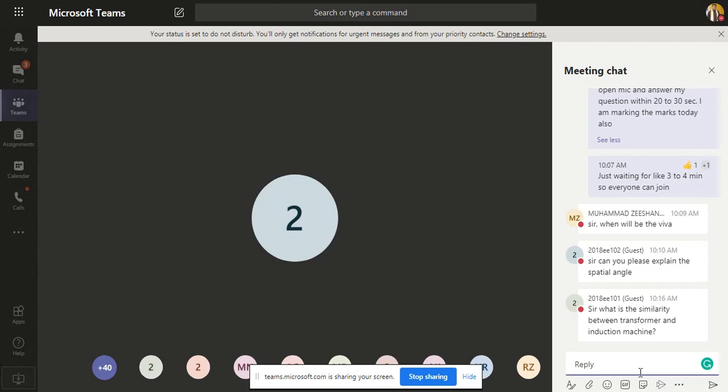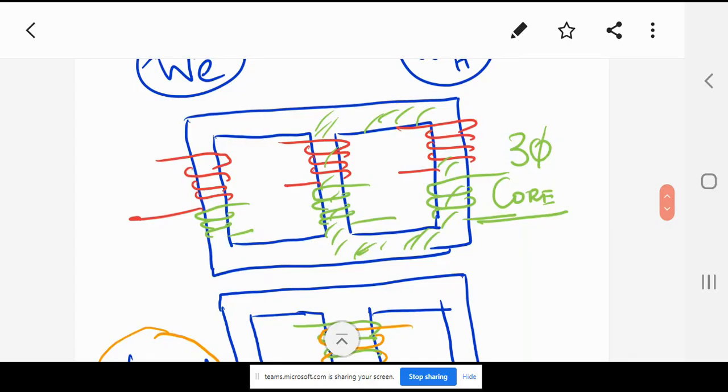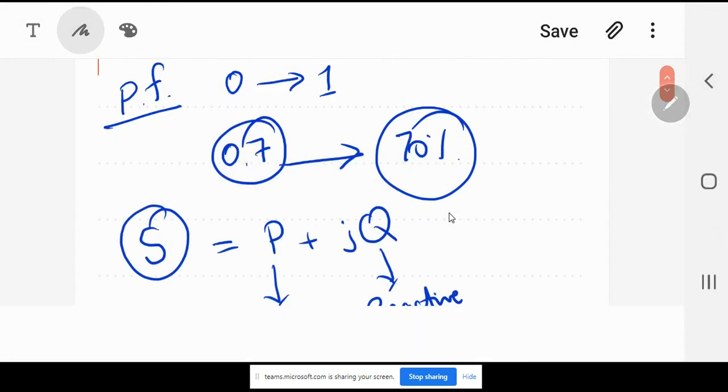In the transformer, if I open the transformer file in front of you, which we did in the last lecture, let me just open that for the difference. So this is that diagram. This is a three-phase core type transformer again. You can see the three axes of the transformer windings over here.